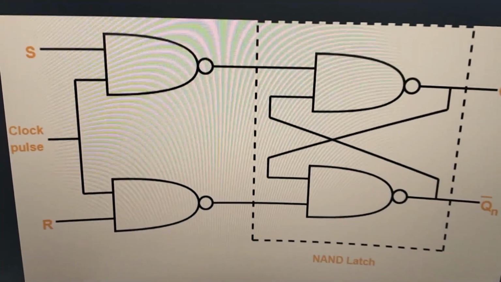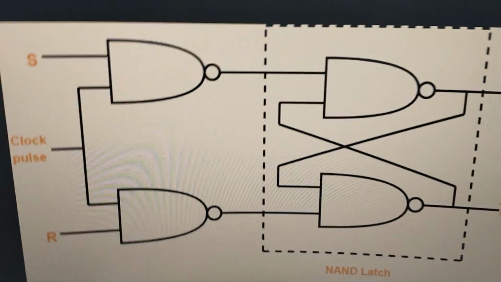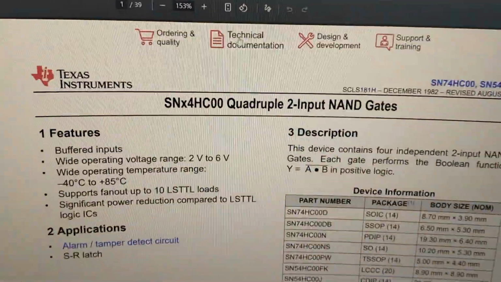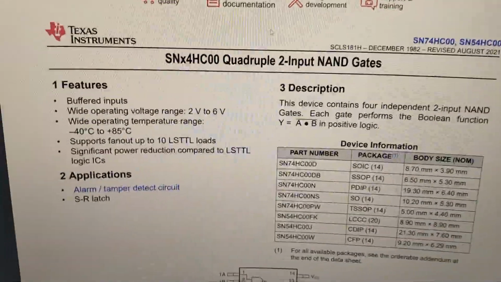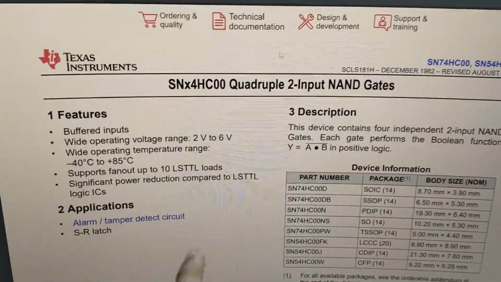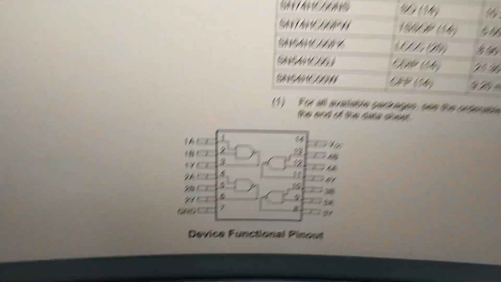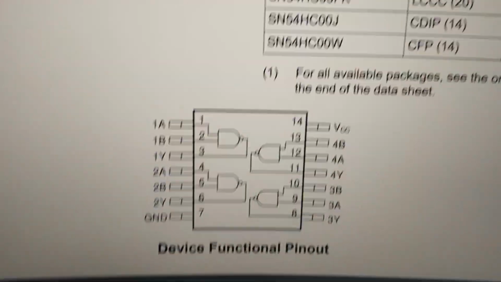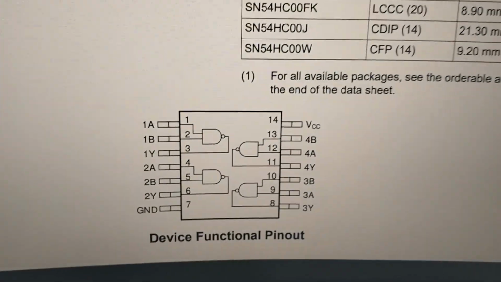I had this lying around, the 74HC00. This one is the CMOS one, since HC is a high speed series, but it does need 5 volts, so take care of that, between 2 and 6. It has 4 NAND gates inside the PDIP 14 package, and we need all 4 of them,